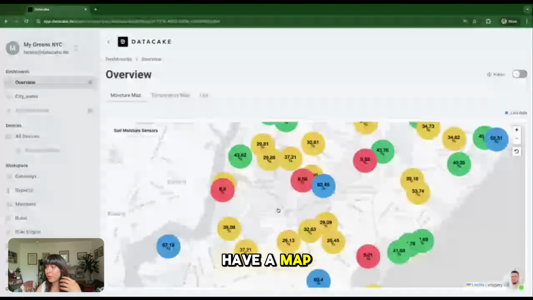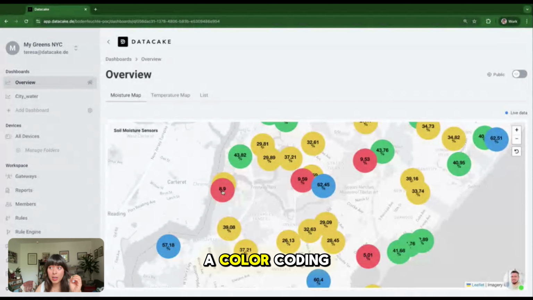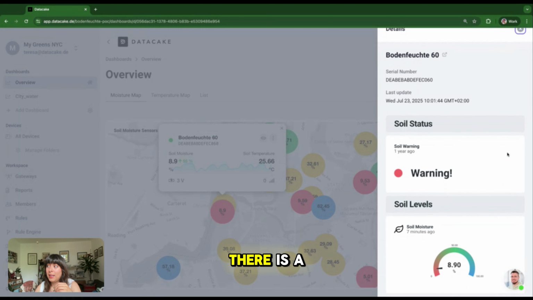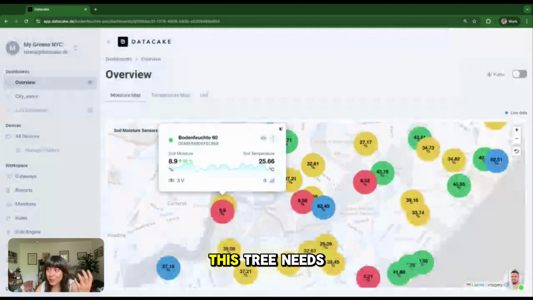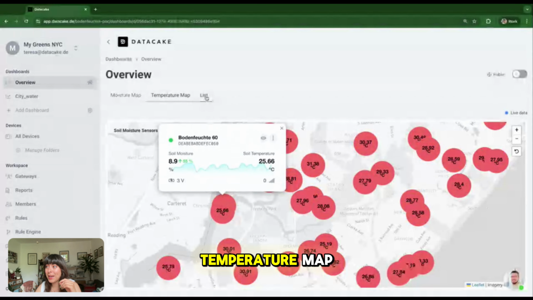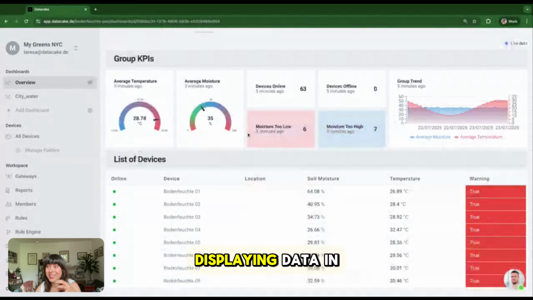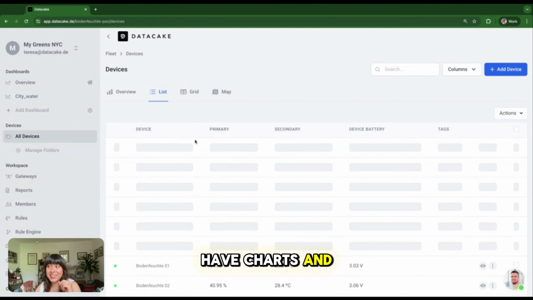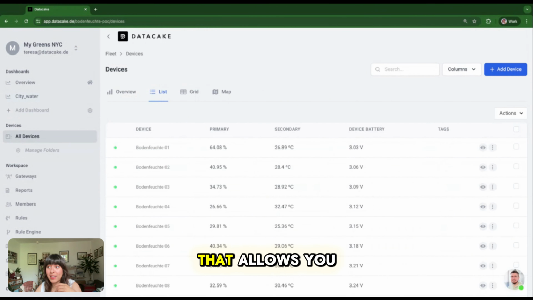So in here we have a map, for example, with the locations, and we have a color coding so that we know which ones have the most moisture and which ones are in their danger zones that need to be irrigated, that need water. And in here you can click on the devices, see the actual trends, and also see there is a soil warning in here. This device needs to be watered, this tree needs to be watered. We also have a temperature map, and we have different ways of displaying data in here. We have heat maps, we have charts, and lastly, we have a new feature as well that allows you to